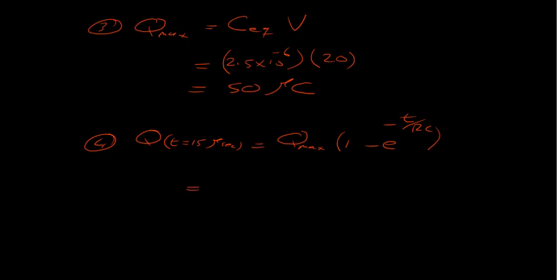Now maximum charge is 50 times 10 to the power minus 6. Here 1 minus exponential, it's 15 micro divided by 20, also micro, so micro with micro will cancel each other, and that will give us